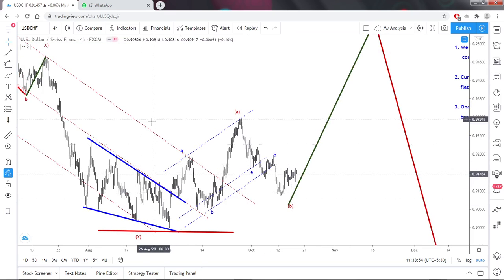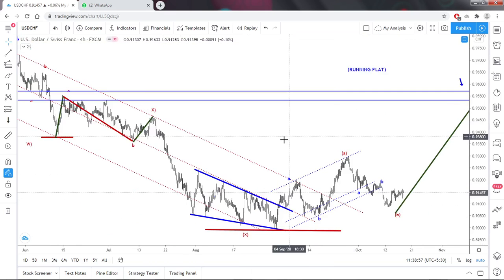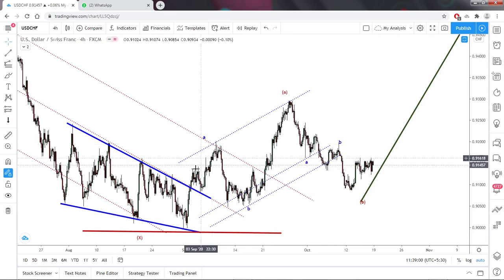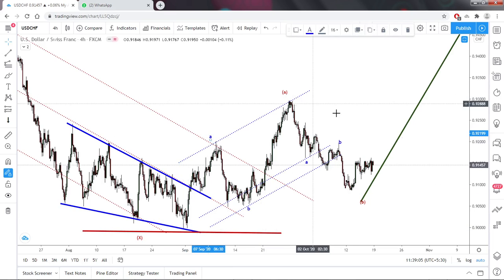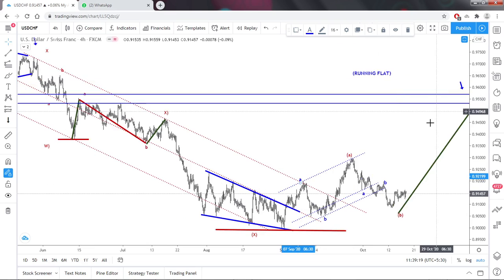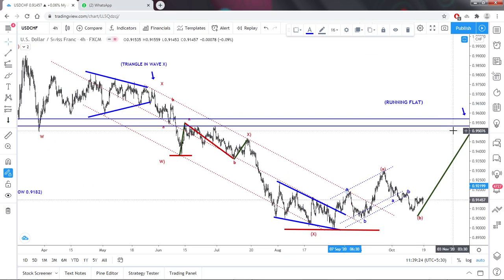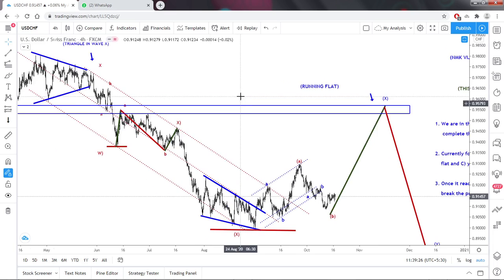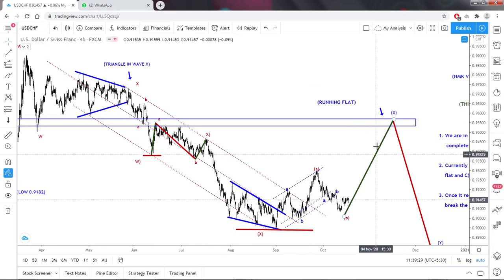In the previous one, I took this as a diagonal wave, so that is why I have placed it as a B and C, as A and B. So if it is a three-wave structure, we need to label it as a W, and then here it is an X. So A, B, C. So that three-wave structure on the Y may happen around nearly November, means in the US election time. So it will take more time if it is a three-wave structure. If it is C, it has to shoot.